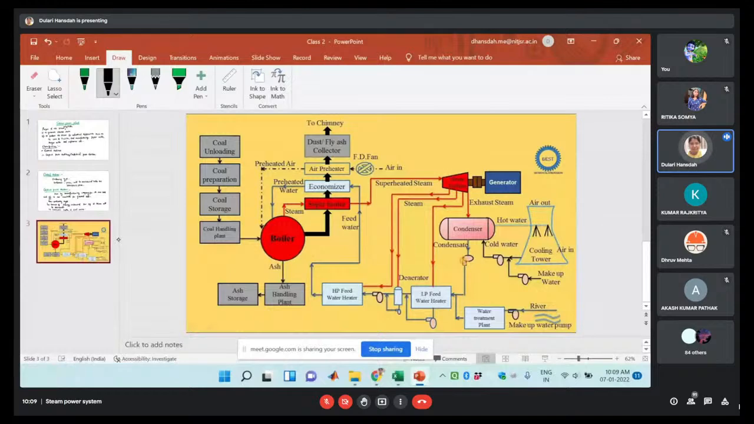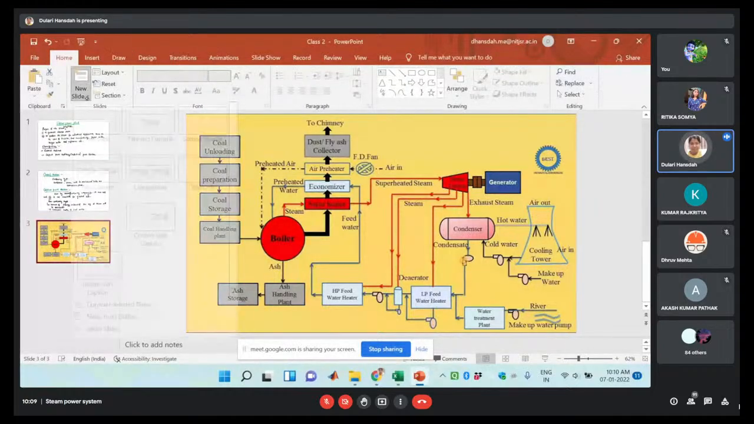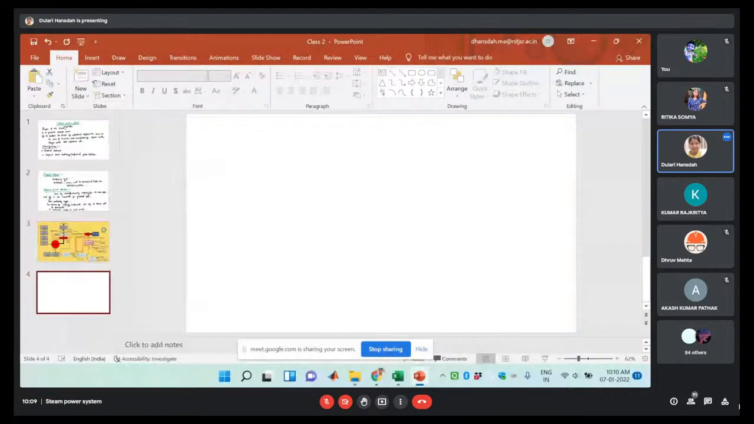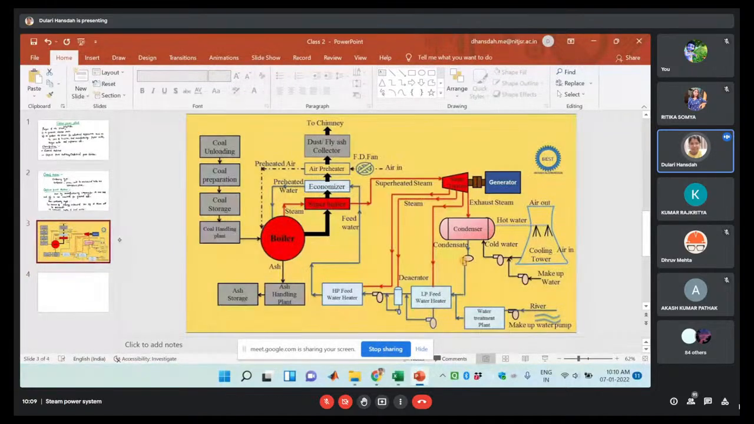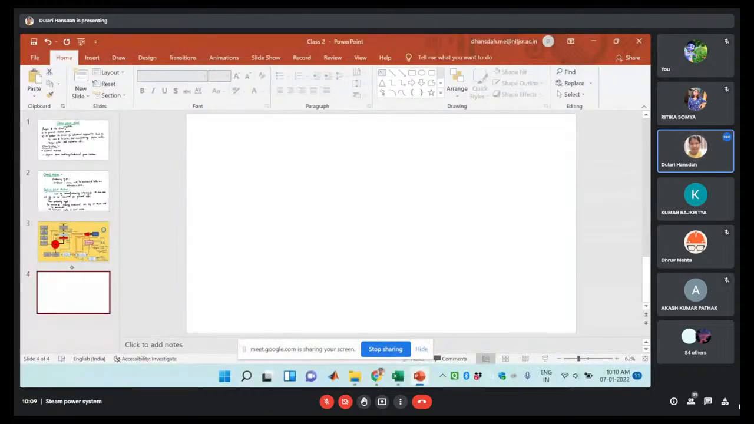This is the feed water or steam flow circuit. Generally, in the case of a modern power plant, this layout can be divided into four circuits. Those names are